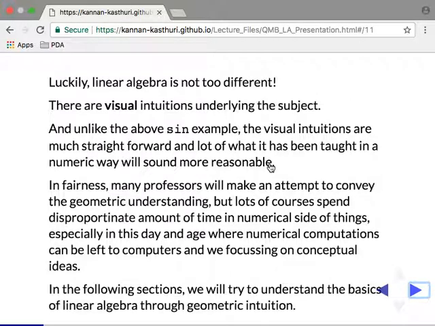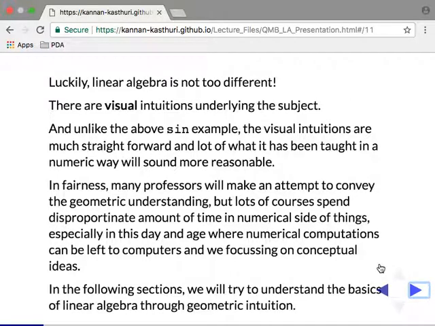But unlike in linear algebra, which is more straightforward, there have been so many things where the computation actually matches what you really observe, the geometric intuition, right? But actually, if you're in your classes, I wouldn't blame the professors. They would really try to make themselves clear, right? But most of the time, it gets complicated by textbook exercises and the rigor that follows and things like that.